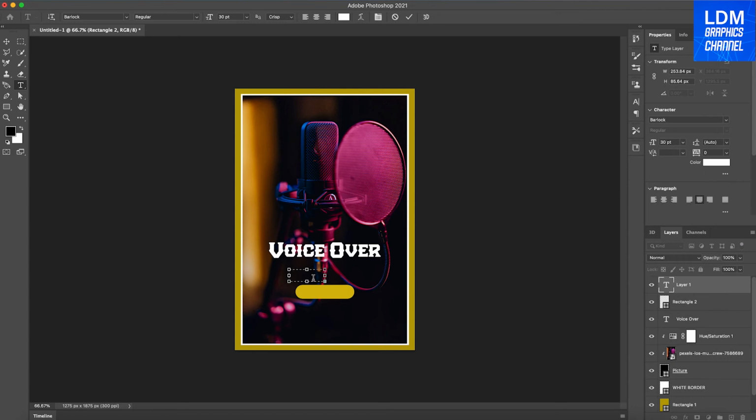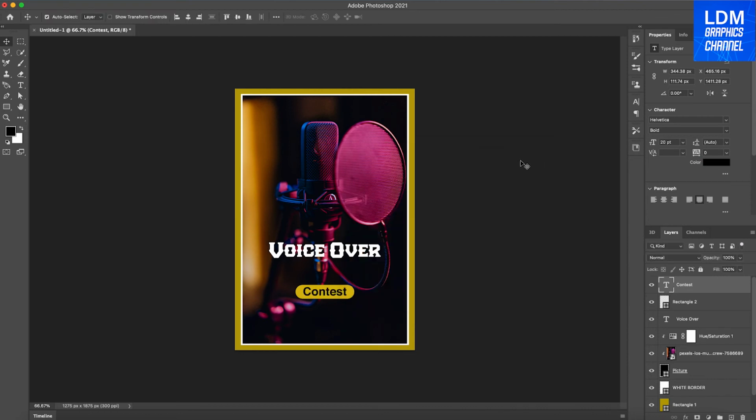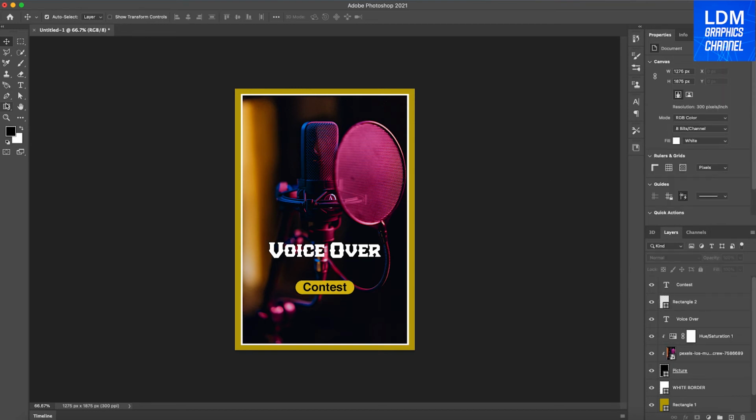Inside this, I am going to add the text as contest, and the font is Helvetica bold, 20 pt. And font color is black. Now this has been aligned with the voiceover. Now it has been aligned to this image,